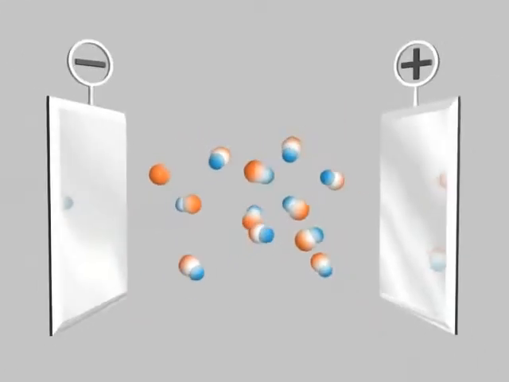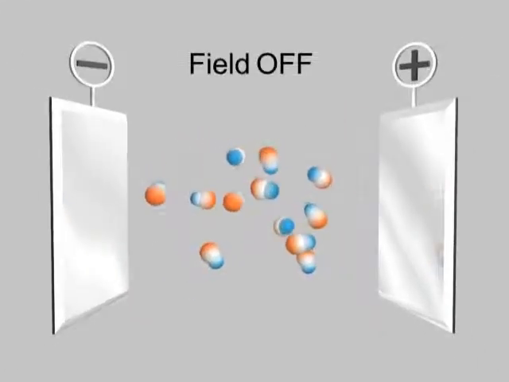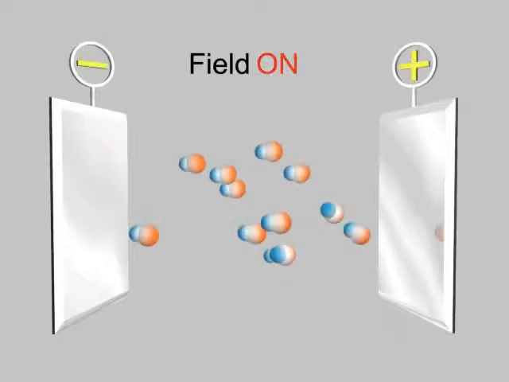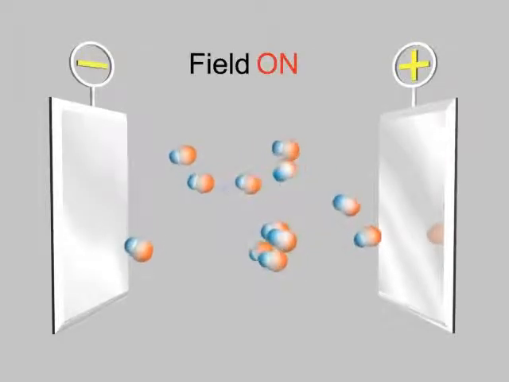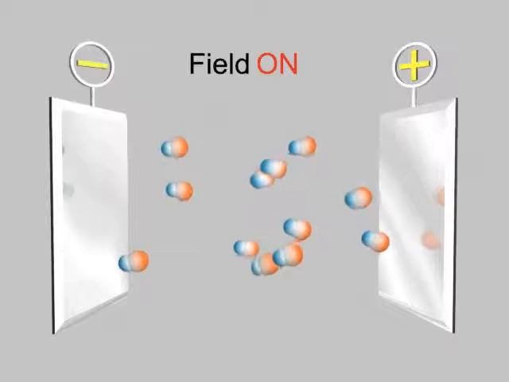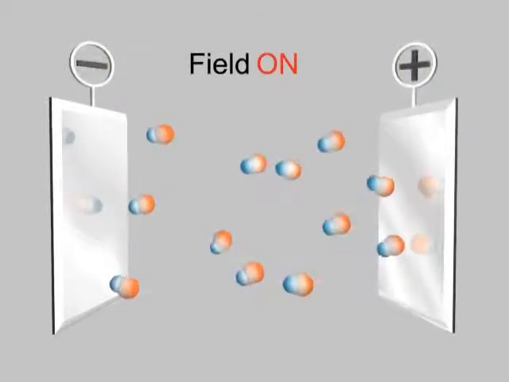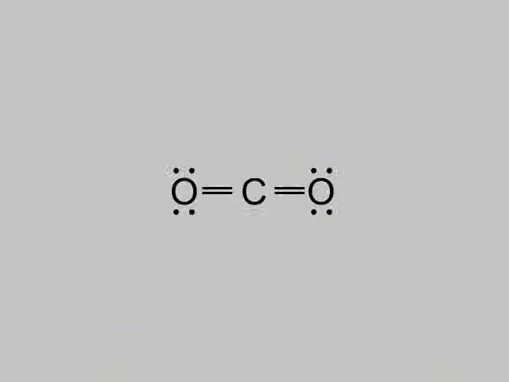Between two electric plates with the field off, the molecules lie every which way. With the field on, however, they become oriented with their negative ends facing the positive plate and their positive ends facing the negative plate. If a molecule has more than two atoms, its shape can affect the polarity in a